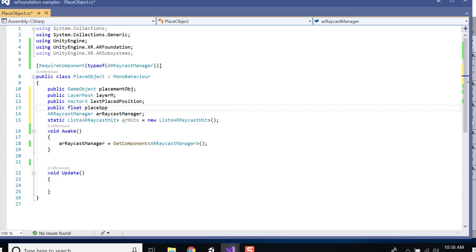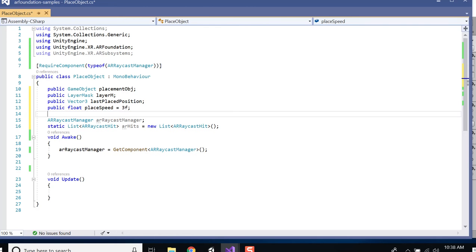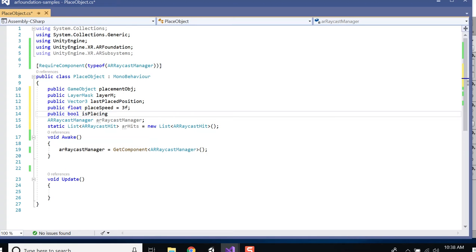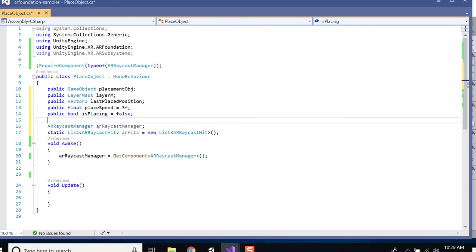We can kind of lerp these to their position. We can set that to like 3. And let's have a public,